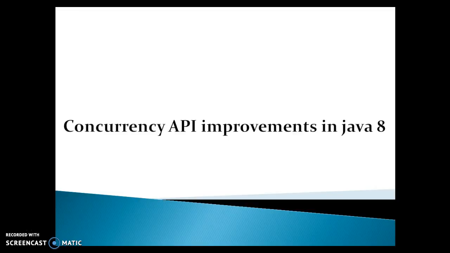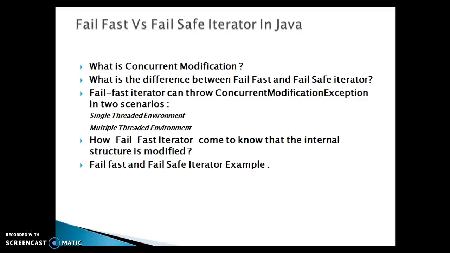In this video tutorial we are going to explore some of the concepts regarding concurrency API improvements in Java 8. But before moving ahead to explore what enhancements have been done in JDK 1.8 with respect to collections, as a developer you must know some of the technical terminology which is indirectly related to the concurrency API itself. So the first thing we would like to discuss is what is fail fast versus fail safe